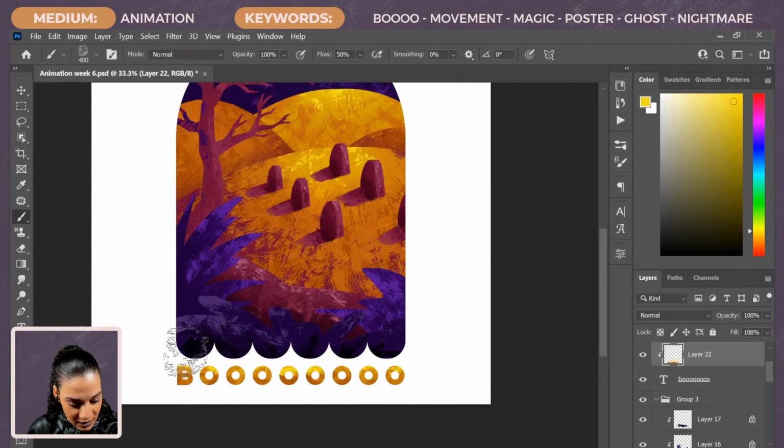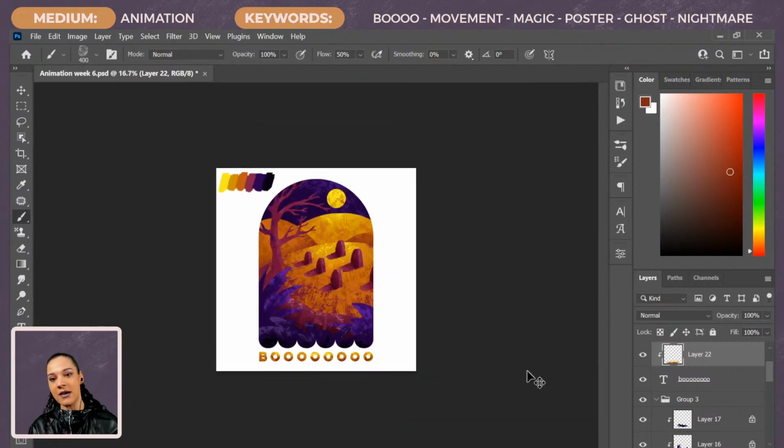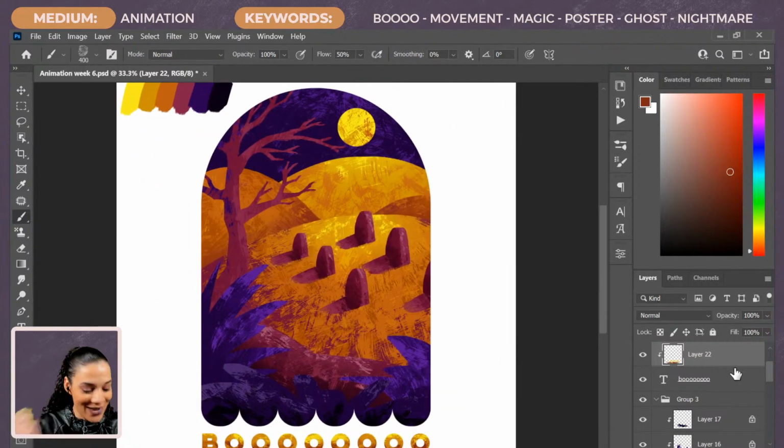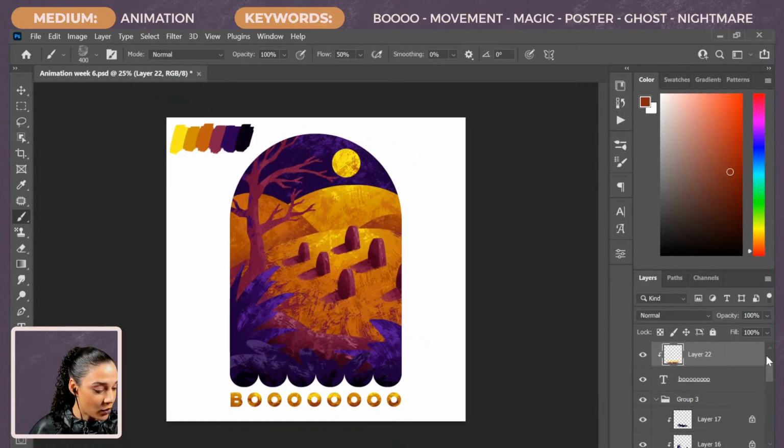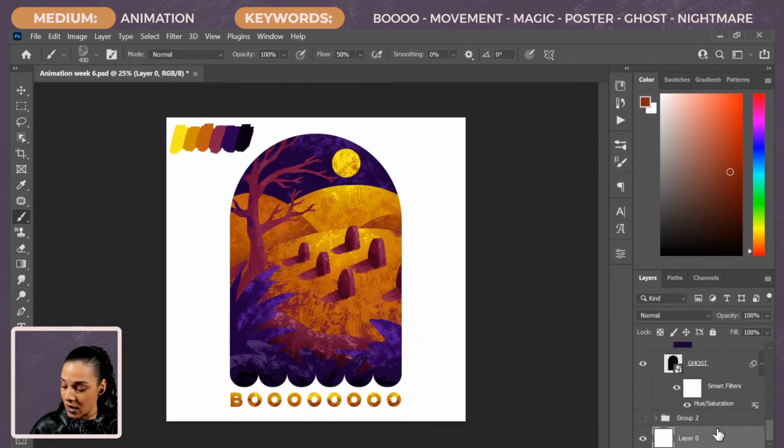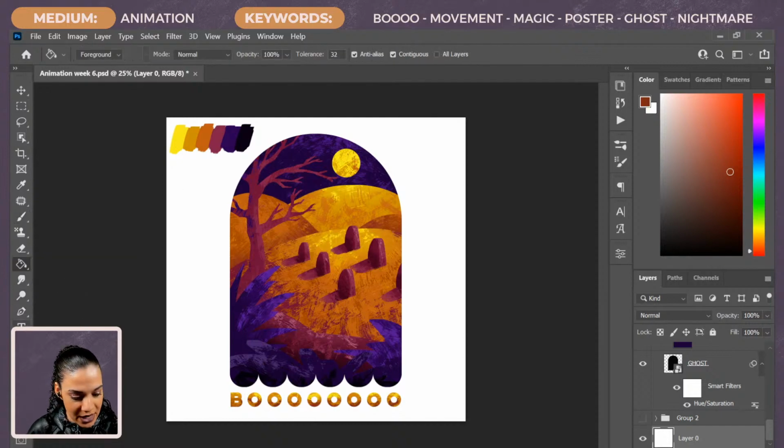Just make it bright, a little more interesting, add a little more texture to it, make it match the rest of our stuff here, and I think that looks awesome. And then we could even add a background color. So on our background layer, let's grab our paint bucket.